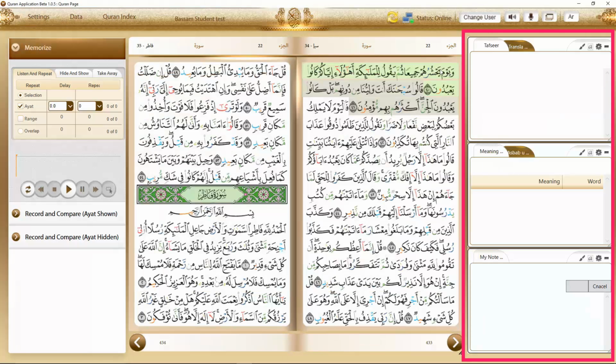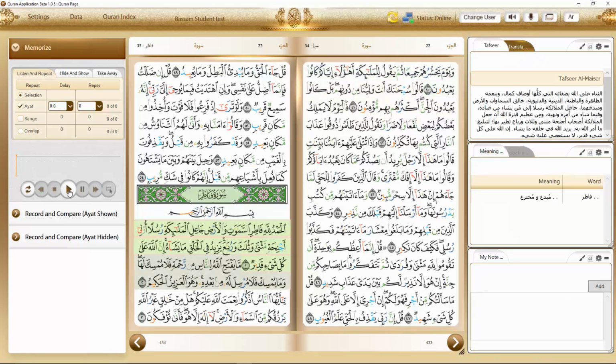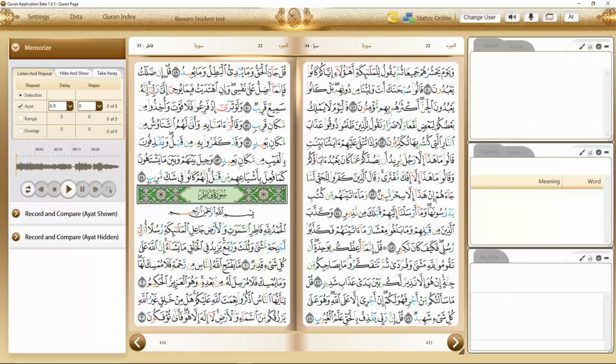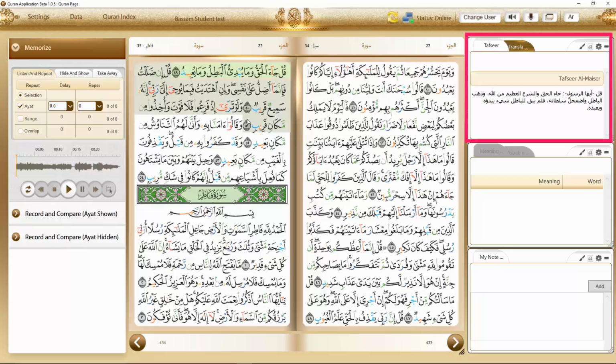Now, on the right side here, we have what we call the windows. These windows can be as many as the user wants. By default, they are filled by tafsir, translation, meaning, asbab al-nuzul, and there are so many things you can have in this. I will just pick 3 ayahs of Quran and play, and you'll see. We will pick something shorter. If we pick, for example, these 3 ayahs and play them, you will realize the